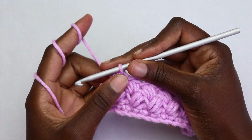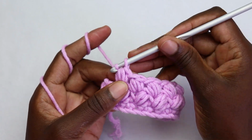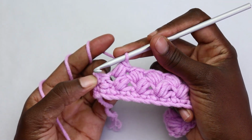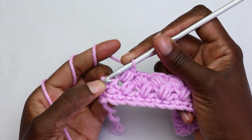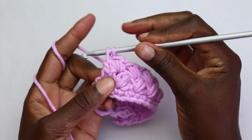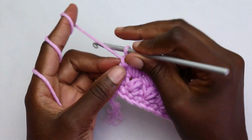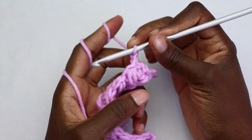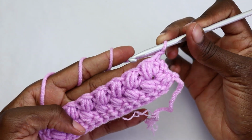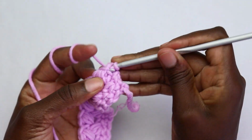Always remember to chain 1 after every bean stitch. So after working your last bean stitch, you're going to chain 1, and then you're going to single crochet in the very last single crochet stitch. So insert your hook in that last stitch, yarn over, pull through, then work your last single crochet, then chain 1, turn your work, start your row with a single crochet in the very first single crochet stitch,